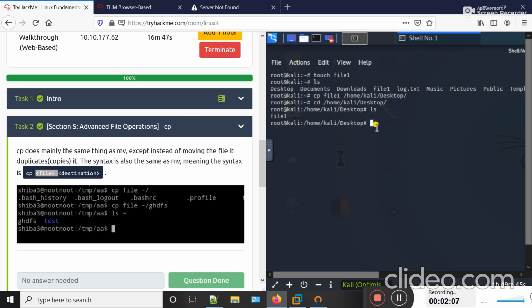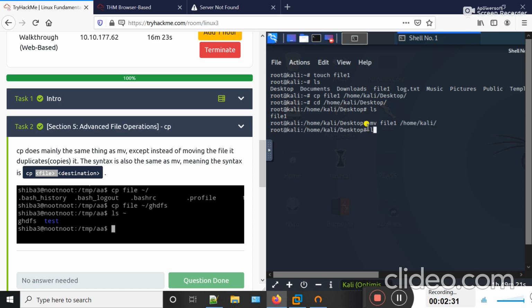If I type ls and hit enter, you can see that file1 is copied here. In case of move, the file will completely move from its previous location to the new location. I want to move file1 from desktop to Kali. I type mv file1 and then the path. The path is home kali, and hit enter.